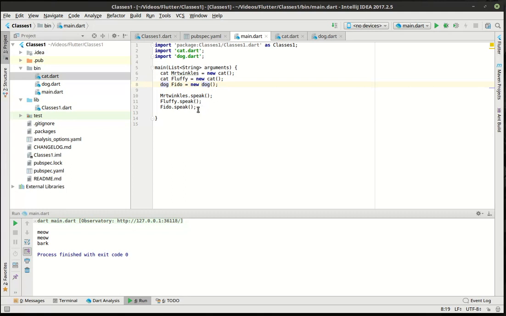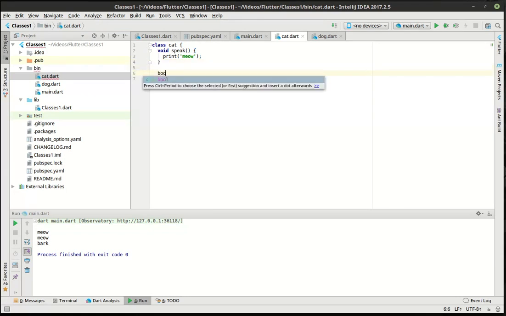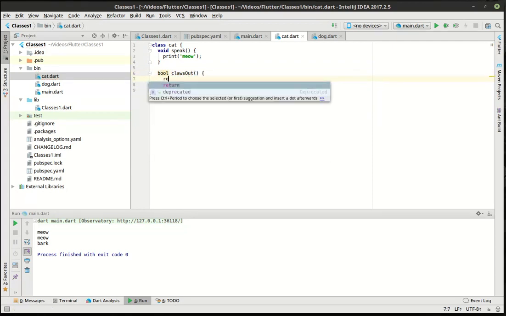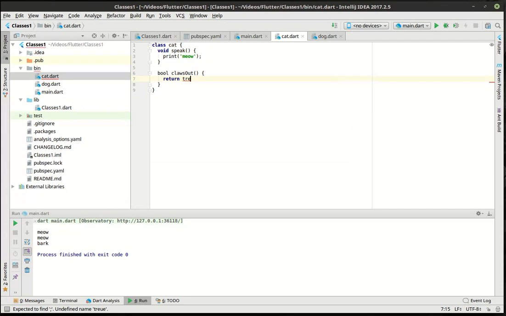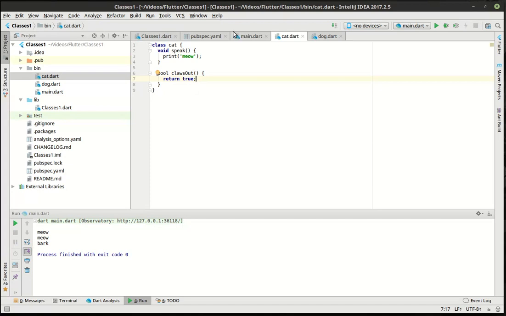Okay, great. But what are we really leveraging here? What's the real power of classes? What we can do here is say bool clawsOut. And with the dog, we can say String color. So what we have now is our blueprints are different, right? Both of them have a speak, but dog has a color, cat has a clawsOut, and we can access